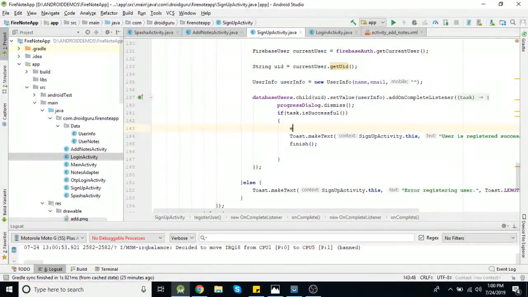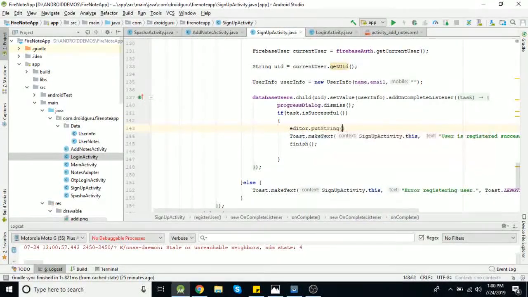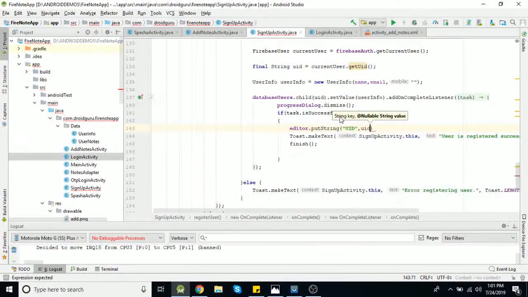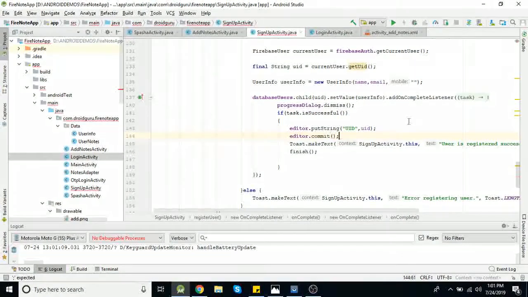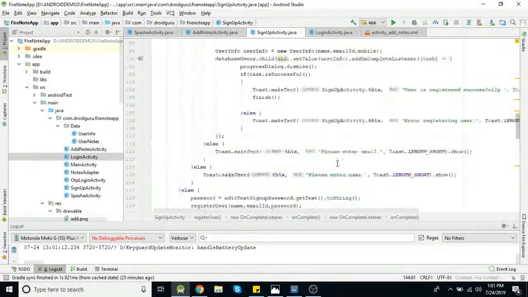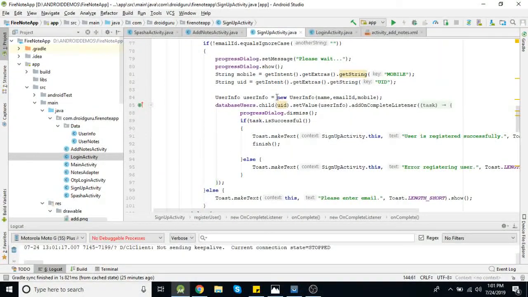So editor dot put string, key is UID, and you need to save that UID here. Okay, and editor dot commit. Similarly for OTP login also. So if you check your sign up process, then this is our OTP login.